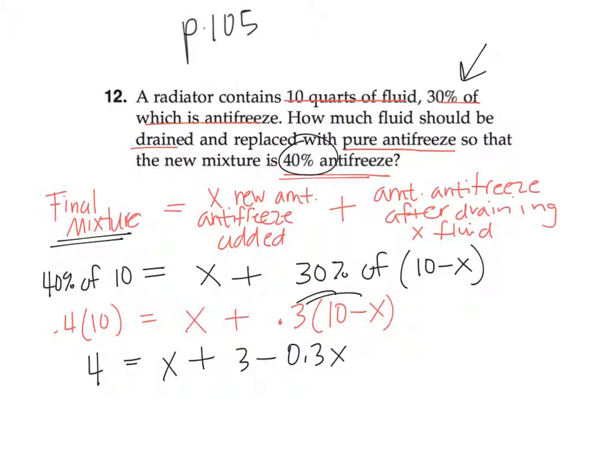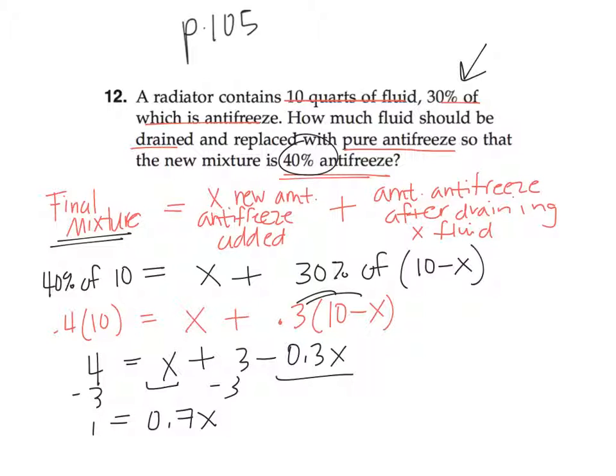We can combine like terms, bring your 3 over, we're left with 1, equals, and then combine X minus 0.3, which is 0.7X. Divide by 0.7, and we get,